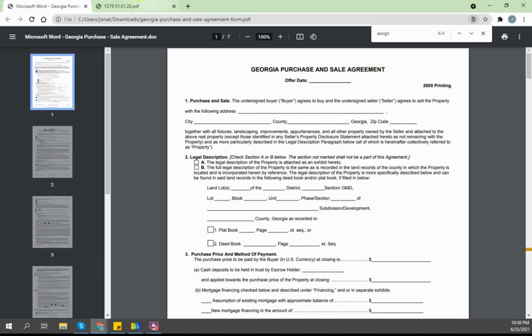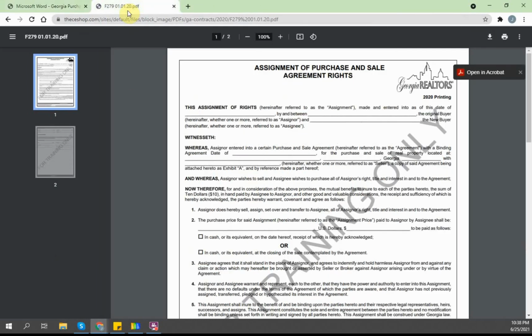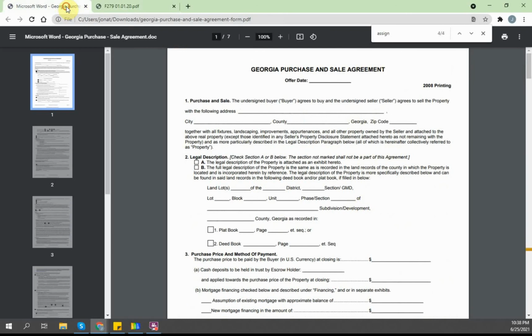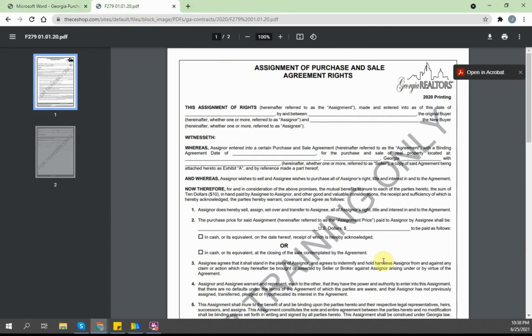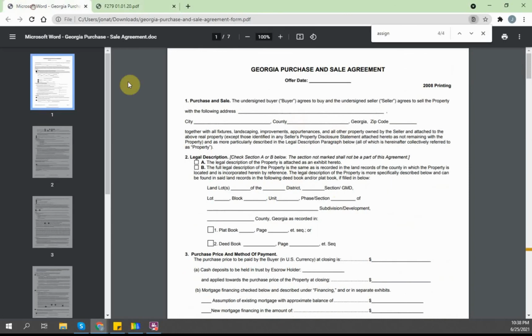The only difference is that they don't do the step that we do, which is the assignment, or the double close. The assignment gives you the rights, or rather, you assign the rights that you have under this contract to this person. Now, it is also possible to assign an assignment, as long as you already have the rights assigned to you from a purchase agreement.